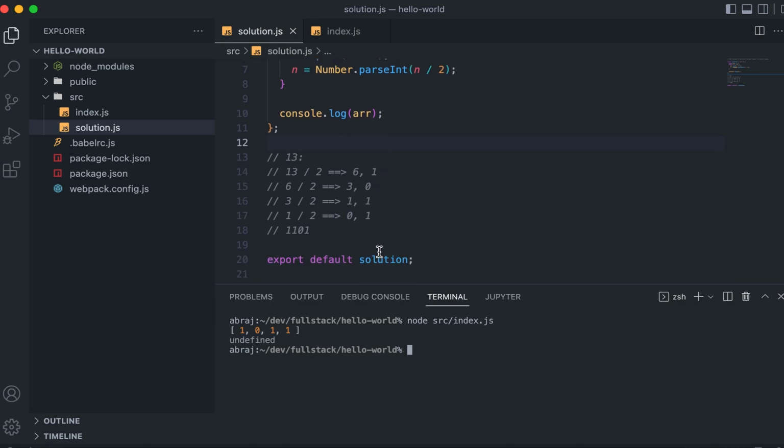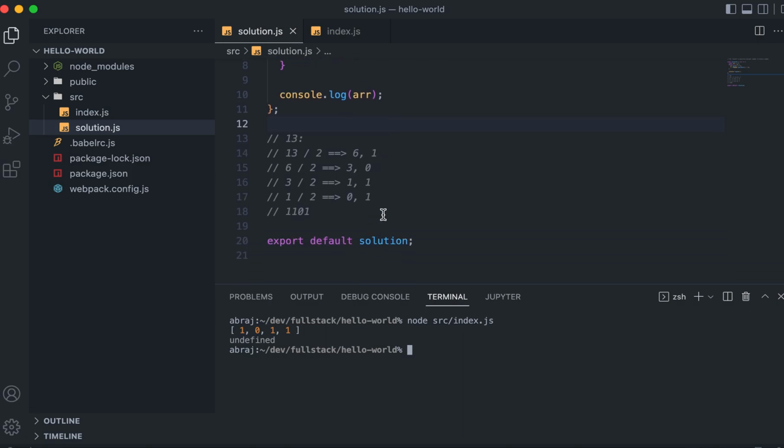That is fine, but actually we have to convert the string from bottom to top. So let's reverse this: ARR dot reverse. If I do this, then now it should become 1101. This is exactly what I want, but this is an array of numbers 0 and 1. I want to convert it to